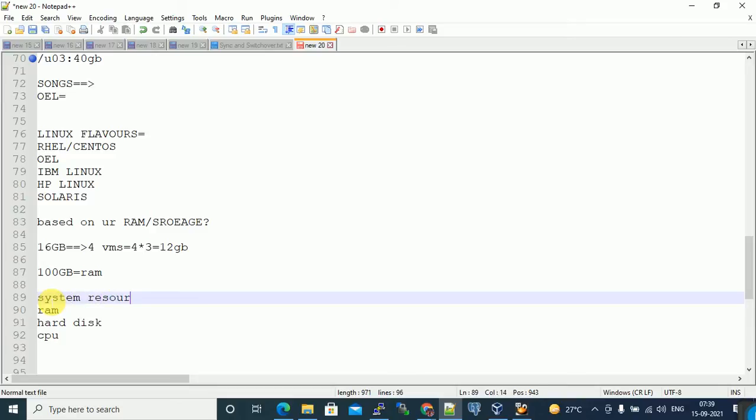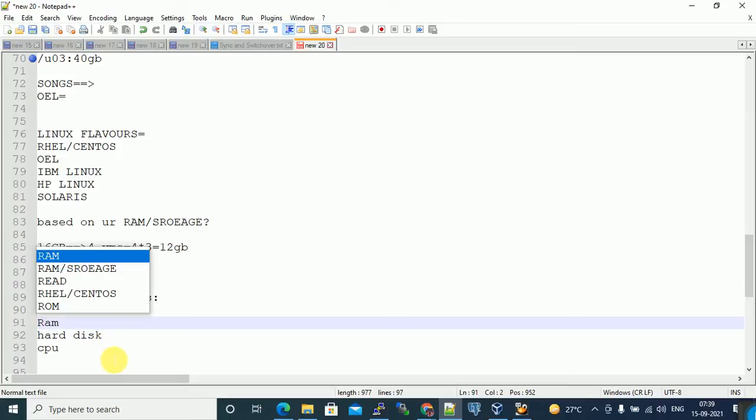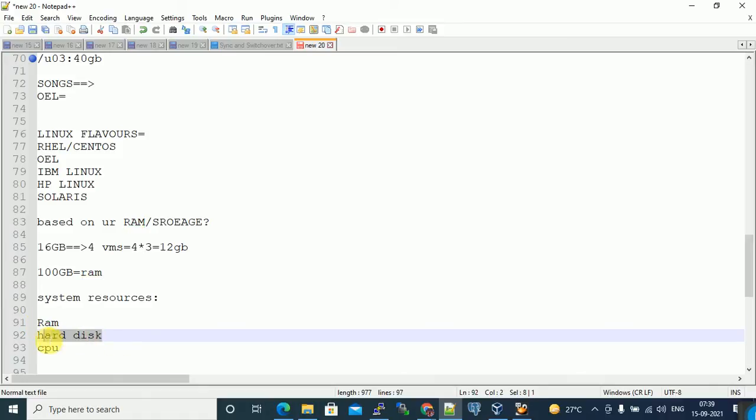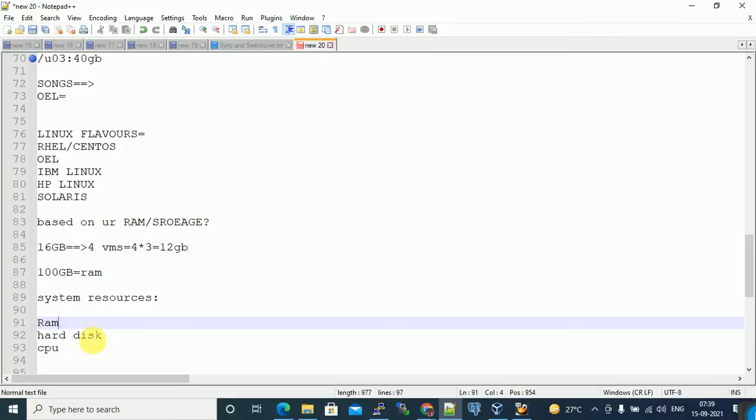System resources. In industry, they say memory is one of the resources, hard disk is one of the resources, CPU is one of the resources. You can utilize these resources. Terminology you have to remember.